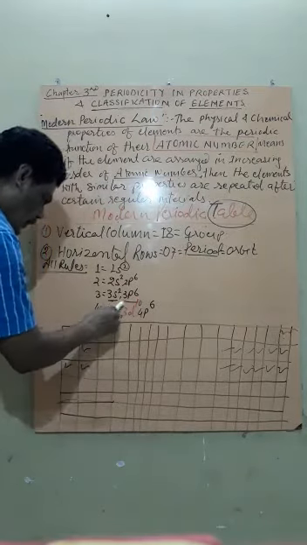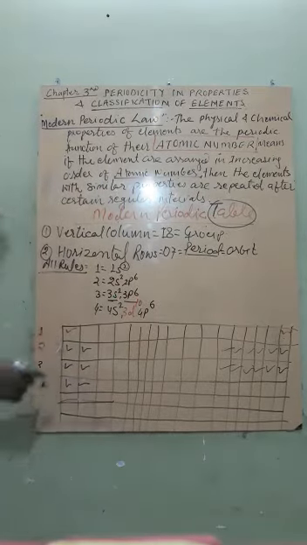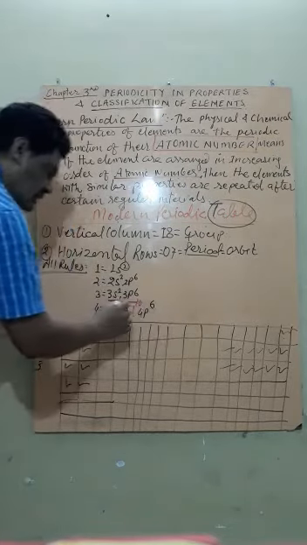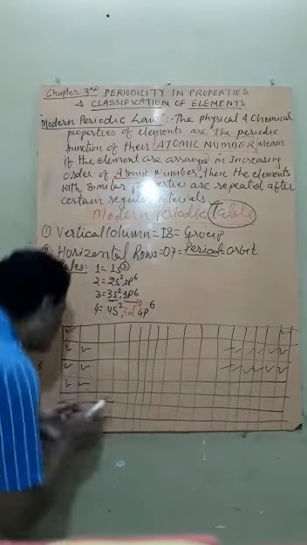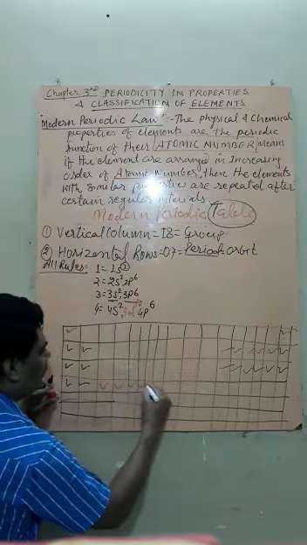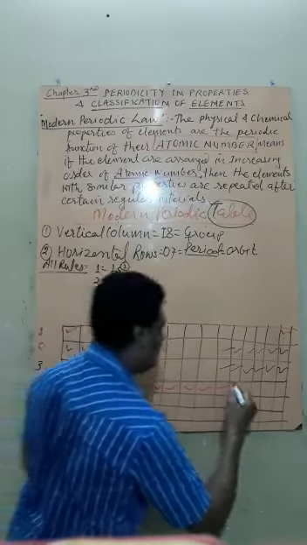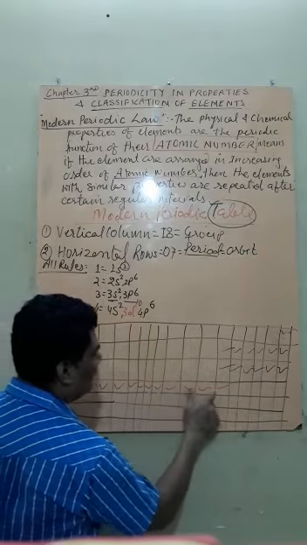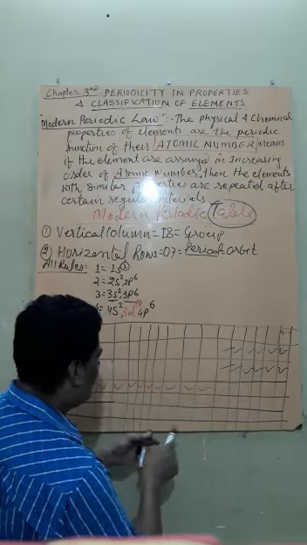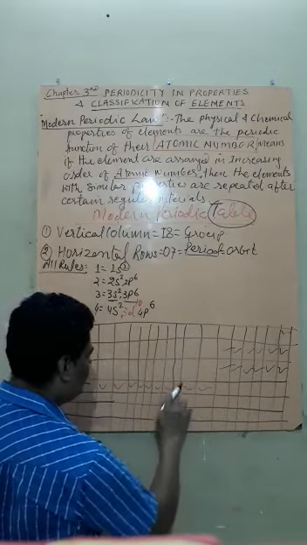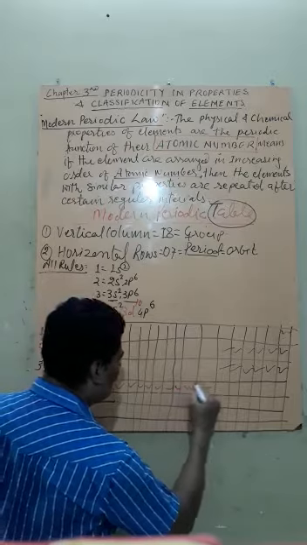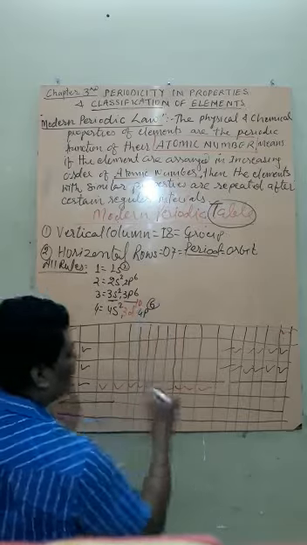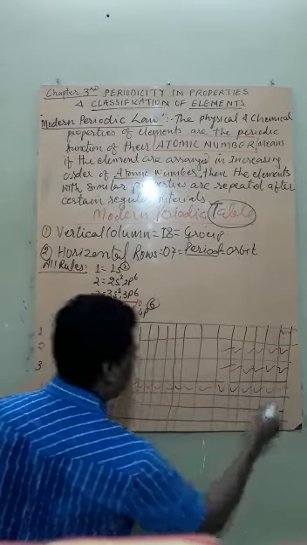First what? 1, 2. So right here 1, 2. Then 10 electrons in d. And then in p. So first start 10 electrons in d. 1, 2, 3, 4, 5, 6, 7, 8, 9, 10. Okay, so let me make one more column here. This is 10. And now 6 electrons are here. So 1, 2, 3, 4, 5 and 6.